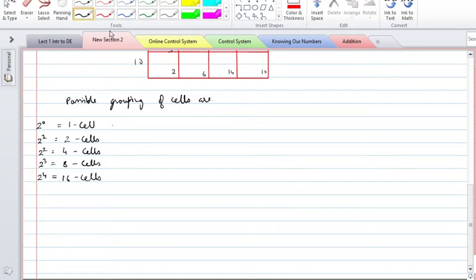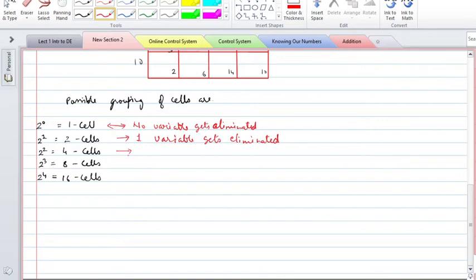If a single cell is considered, then no variable gets eliminated. If a group of 2 cells is formed, then one variable gets eliminated. If a group of 4 cells is there, then 2 variables get eliminated, and so on, like 3 variables get eliminated for a group of 8 cells, and all the 4 variables get eliminated and the output will be 1 in this particular case. Okay,